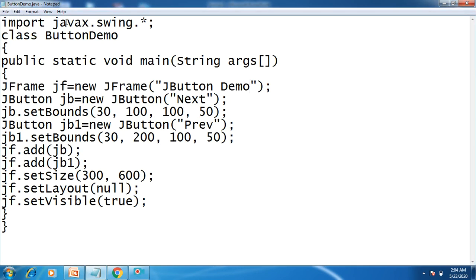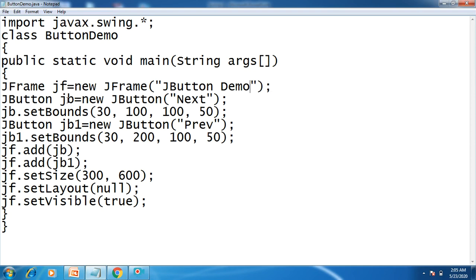The program starts with importing the Swing package, then the name of the class, ButtonDemo, which should be the name of the file. In the main function, first create the top-level container along with a message you want to give to that frame. Next, we can make use of JButton to insert a button in the top-level container.